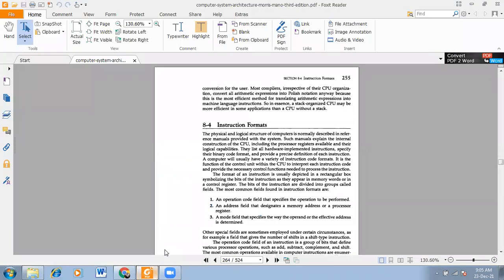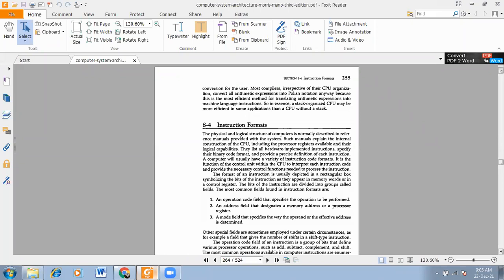So we'll start computer organization. Yesterday we have seen the working principle of stack pointer, stack, how to store, how to pop the data, how to push the data, and what are their activities. Okay, how they are operated. So now today we're going to discuss the instruction format. We know what is instruction. A little bit about the format also we have studied in our earlier classes. So we'll go for detailing here.